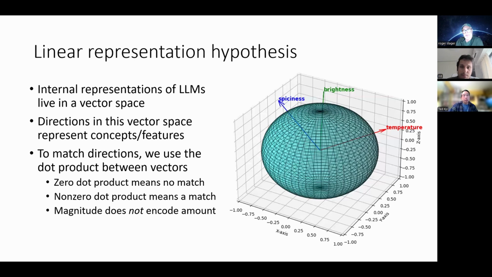I'm not sure. Basically, when I talk about matching a direction, what that means is you take a dot product. If you want, if northeast is hot, then you take a canonical northeast direction vector, and you do the dot product between that northeast vector and your data vector. If you get a very non-zero number, then that means that hot is present. If you get a very close to zero number, and I don't know what very close is because there's some subtlety to it that we'll see, but